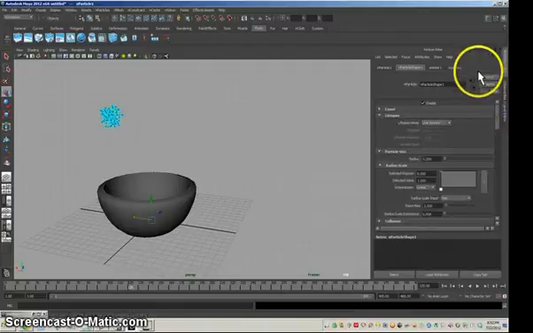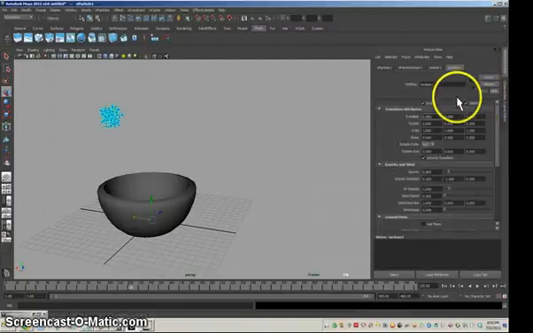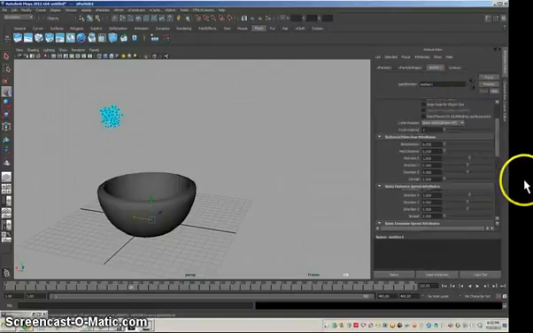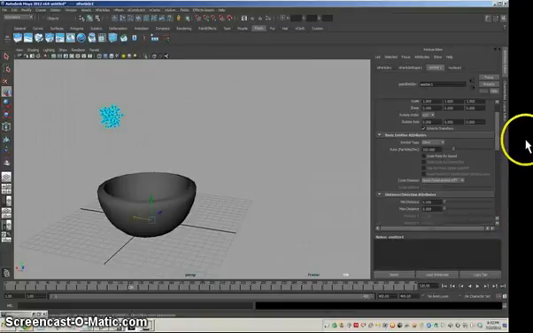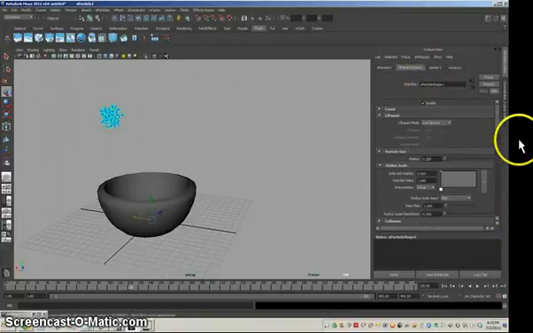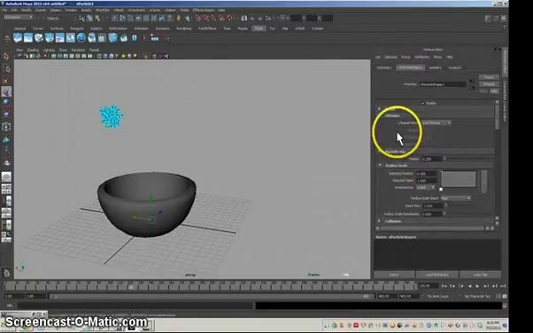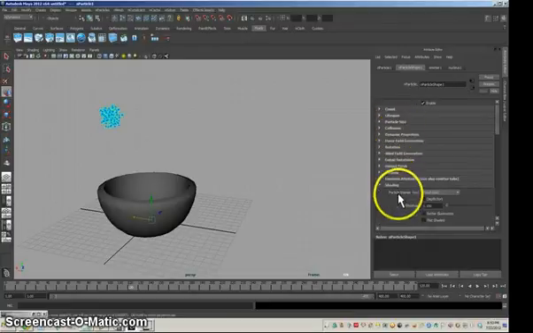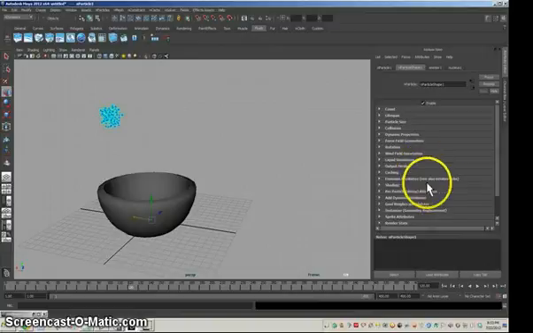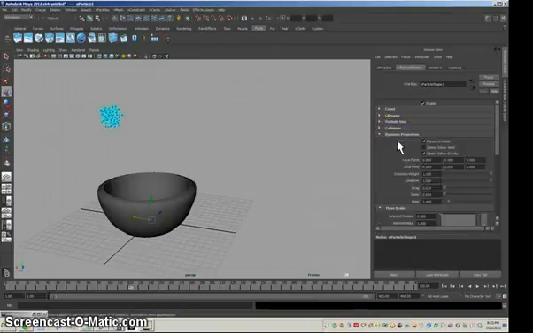Now, physics exists in this world. We have the nucleus 1 node, and physics exists, but for some reason it's not affecting this object. The reason is because when we created it, we actually told it not to. You didn't mean to, but it's in there. I have to find that real quick. Sorry, if you look under the particle shape 1 node, it's under dynamic properties. If we click on dynamic properties, we'll see ignore solver